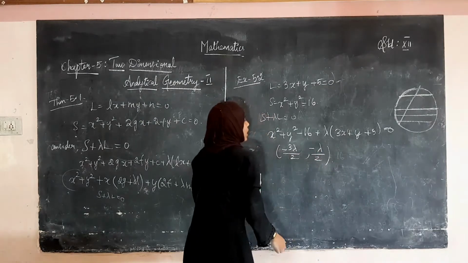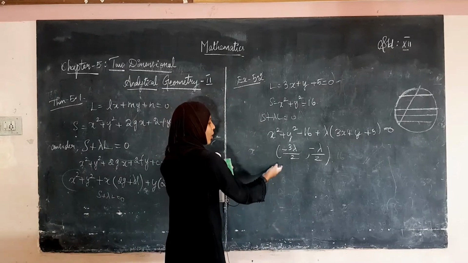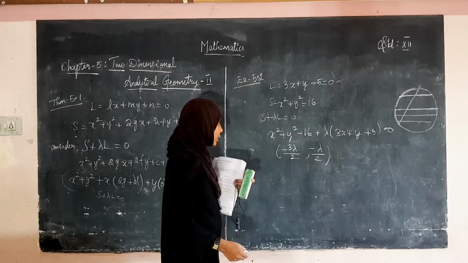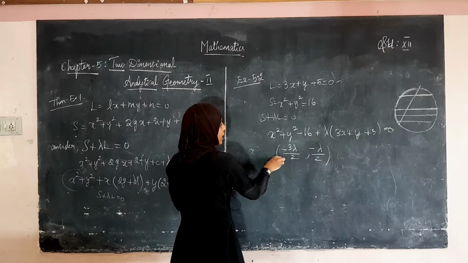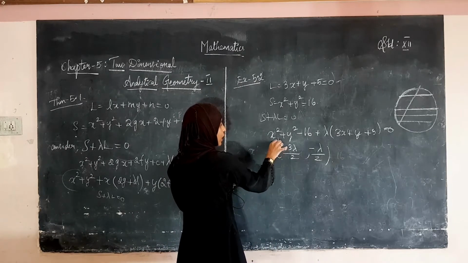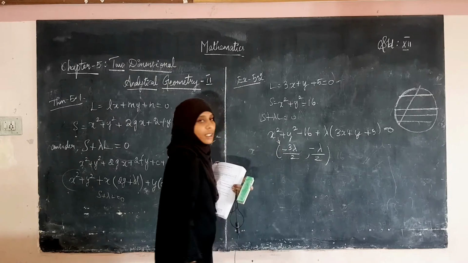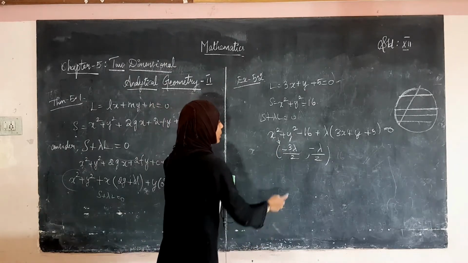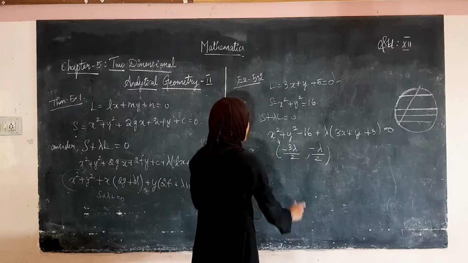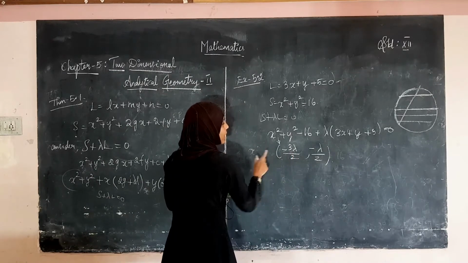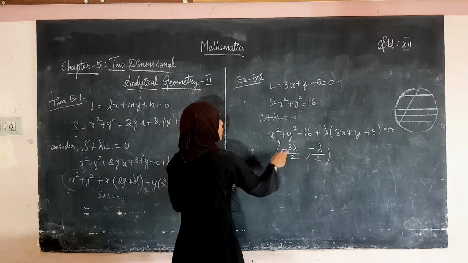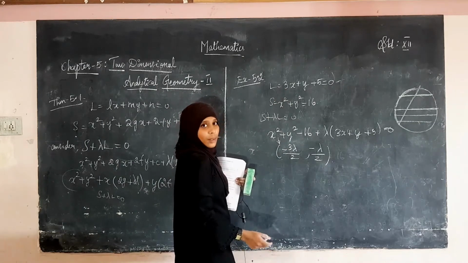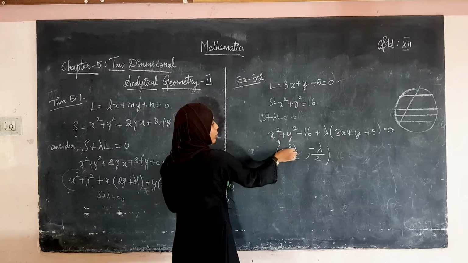This is the format for finding the center of the circle. So we have to find the lambda. See here, this is the center that we have found from this equation. From the equation we have written the center. Okay? So we know the correct point of the center. That means we have to find the lambda. The center lies on the diameter, the midpoint of the diameter is the center. So if we substitute this in this, we may arrive at the value for lambda, right?